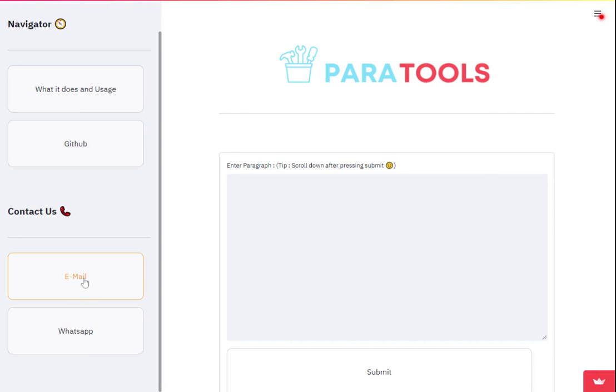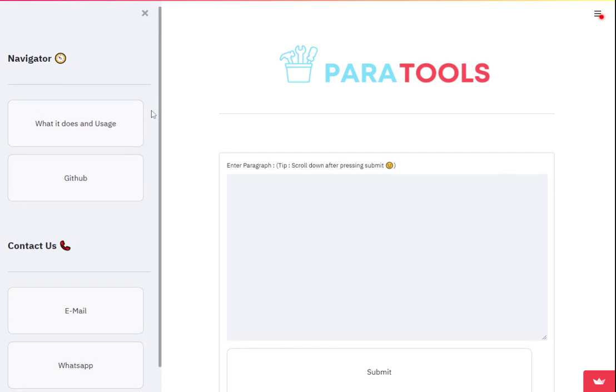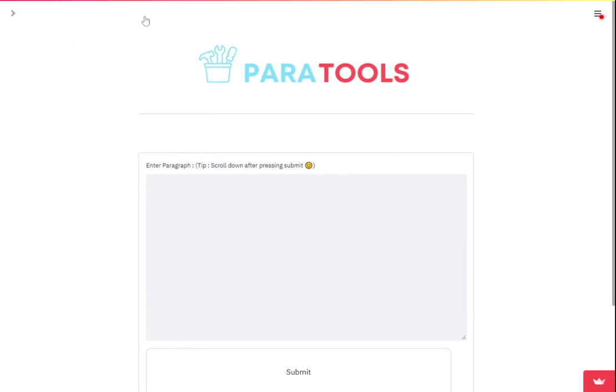So basically, this is a mail to link. So when you click on it, it will take you to a window where you can directly mail me on my address, which will already be put in the field. And this uses a WhatsApp API to just click on WhatsApp, and then it will open WhatsApp web to send me a message on my number, which is already entered. So now for the app, we can actually cross this sidebar.